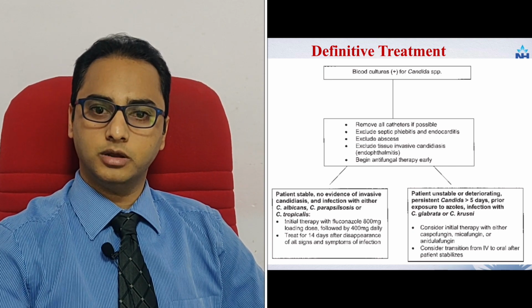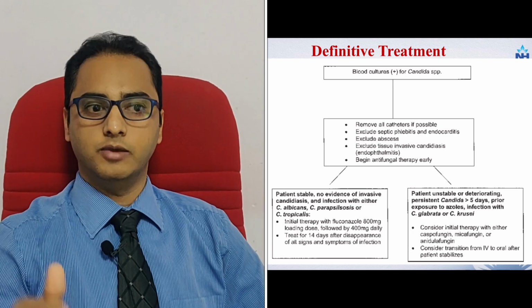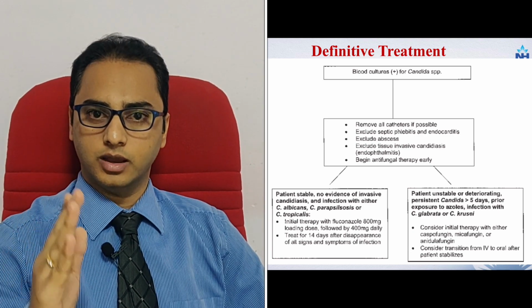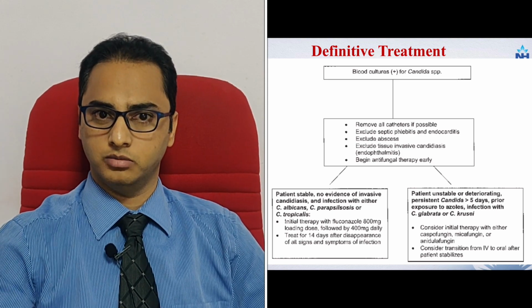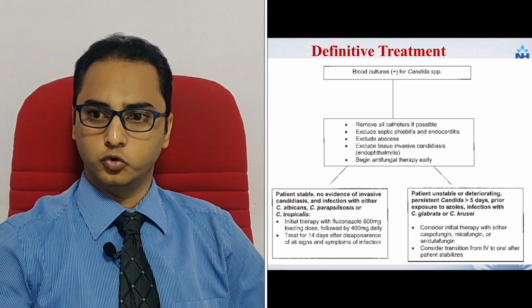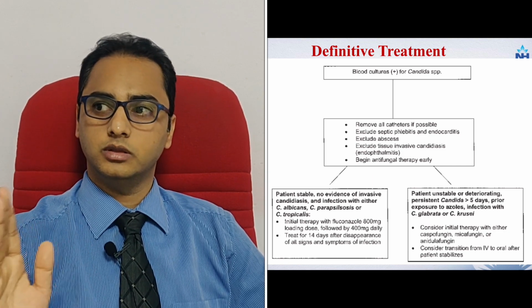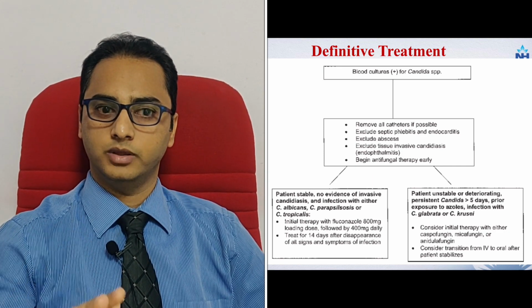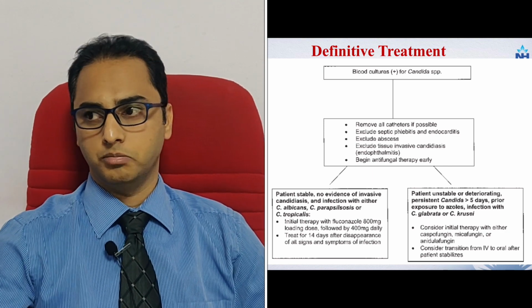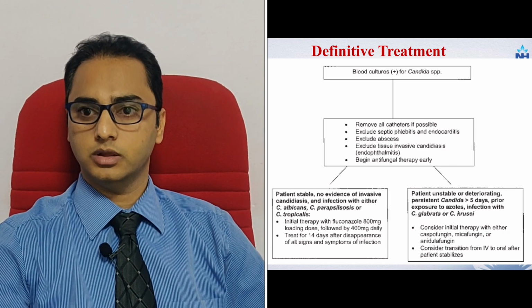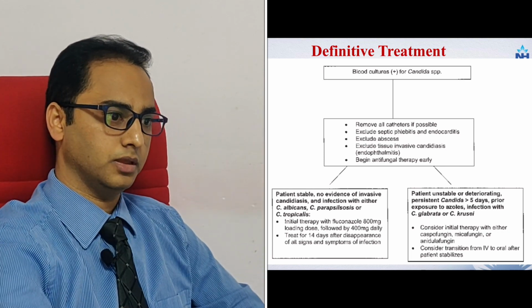So what is the therapeutic option? Again, the choice of your antifungal depends upon whether your fungal infection is with Candida glabrata and krusei, whether the patient is hemodynamically unstable, whether the patient is neutropenic, and whether he already received azole therapy; the option is echinocandins. Okay, so if any of these criteria are satisfied, go for echinocandins. Otherwise, you can choose maybe polyene, amphotericin as an alternative therapy, or you can go for fluconazole. So this is about definitive therapy.